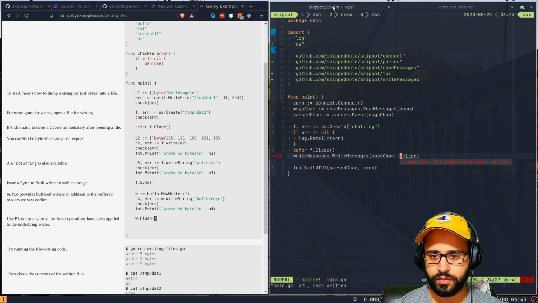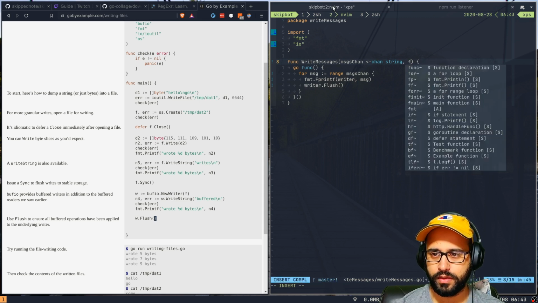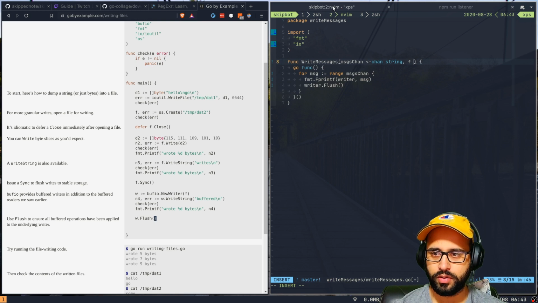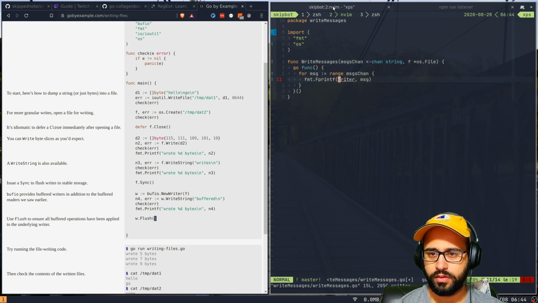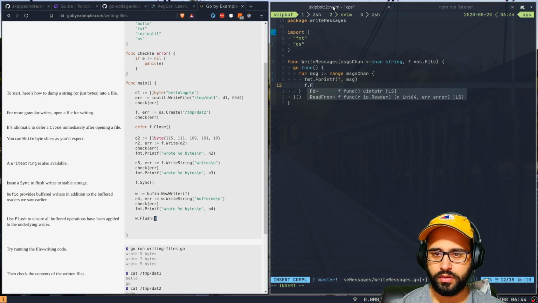Let's just do file here. Go back here, we'll just say that we are taking in f, and this is a pointer to os.File, right? And on a file we can call f dot